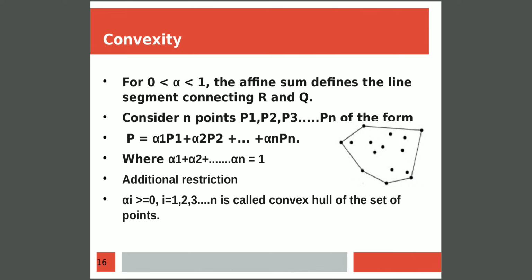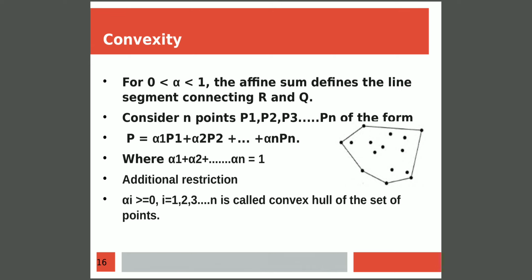So those points are known as p1, p2, etc. up to pn, which are represented as p equal to alpha 1 p1. If you assume p1 is a starting point, then the alpha 1 value will be 0, where we'll consider an initial point where alpha 1 value will be 0. That point we will call p1. If you increase the alpha value to some other value, we'll call that increased value alpha 2, and the new point we get is p2, and so on.